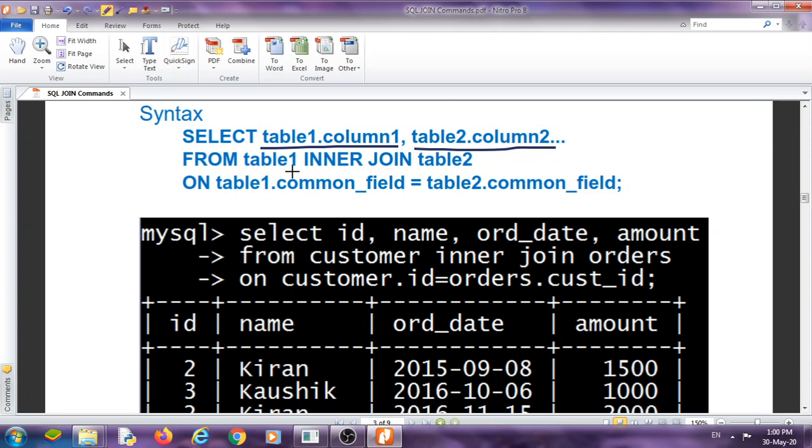From table 1 inner join table 2 on, it is a keyword, table 1 dot column field equal to table 2 dot column field. Okay, and this column field should be the same field.